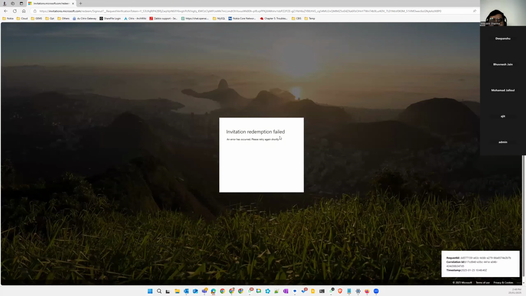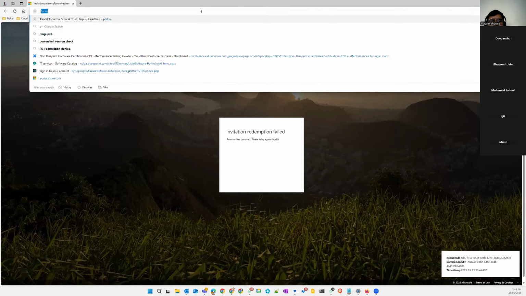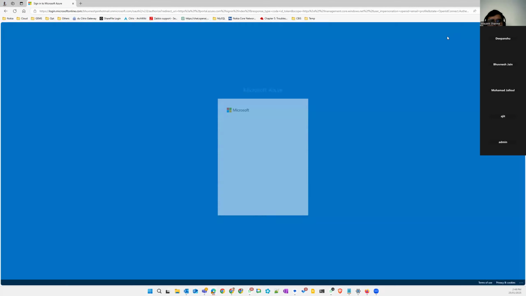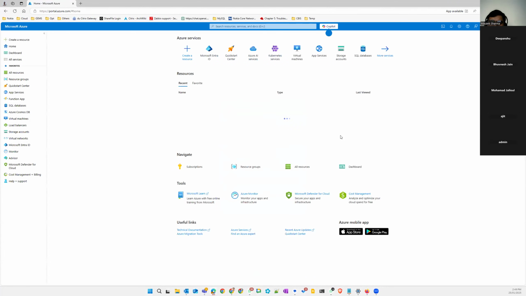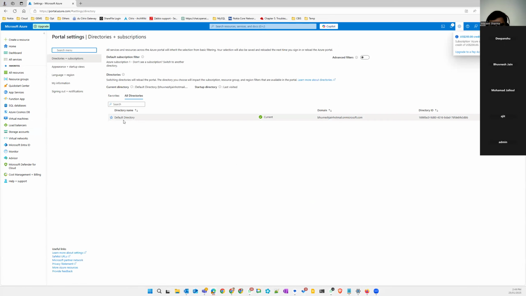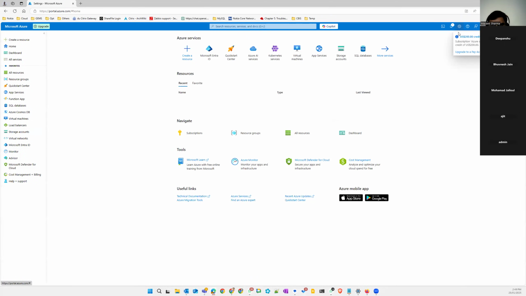Okay, try to log in into Azure portal once, portal.azure.com, and use the similar value. Okay. Now can you go to that settings page? Okay, settings page is here.